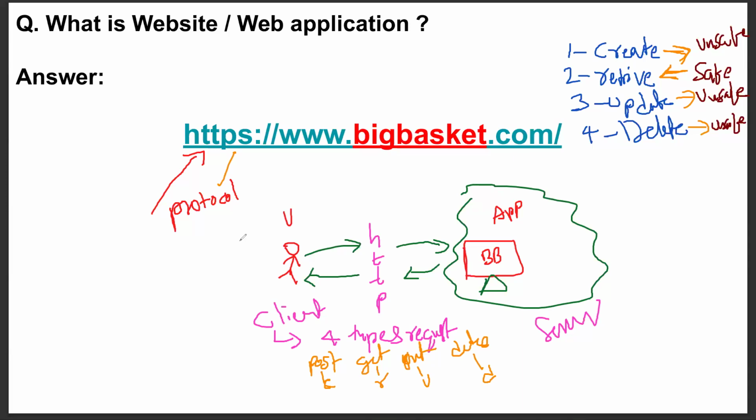Okay, so I believe this is clear, everyone. About HTTP, I'm talking about, not S. I'll come to the S a little later. HTTP is a protocol. Its purpose, I think, is clear, and the 4 types of requests are also clear, and which ones are safe, which ones are unsafe. Also, I think you are clear on why they are called unsafe and safe.